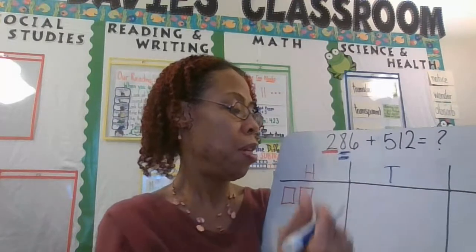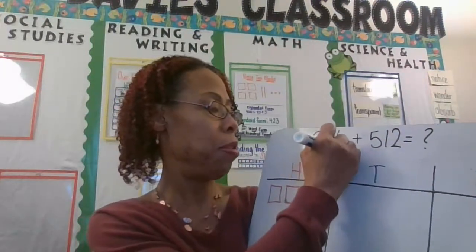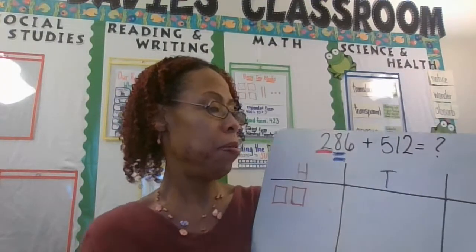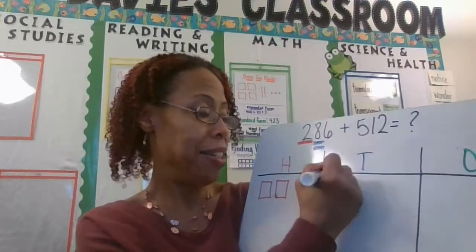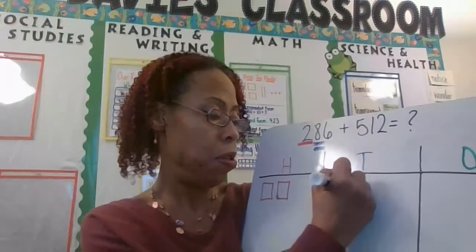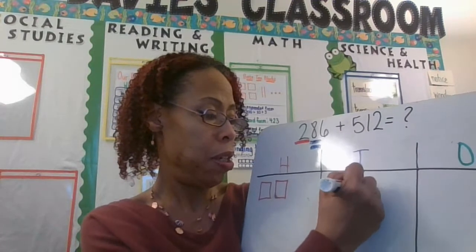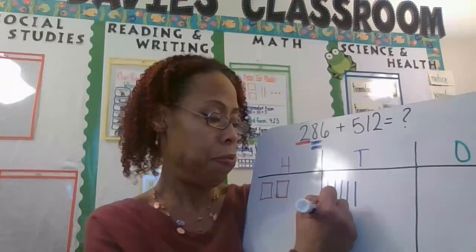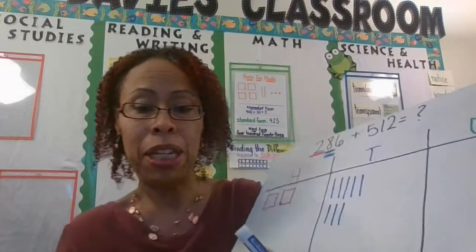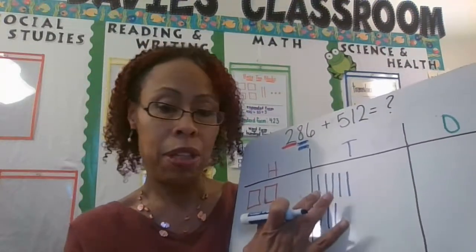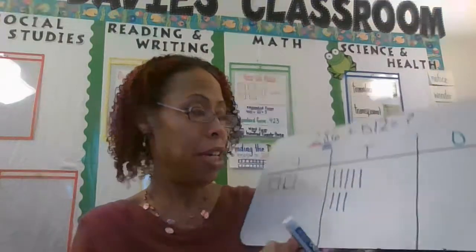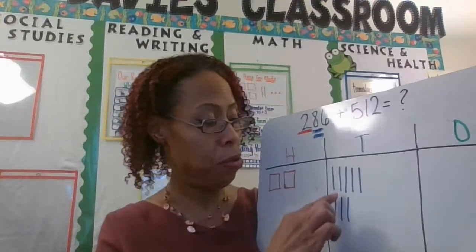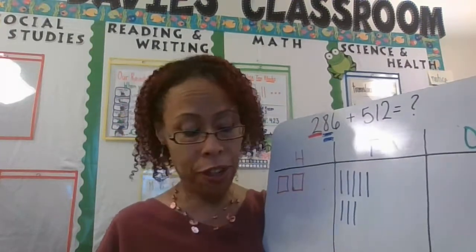All right, my blue seems to be drying out, but we'll fix that a little bit. So we have 8 tens to draw. So 1, 2, 3, 4, 5, 6, 7, 8. I'm thinking for a second because usually I make sure that there are only 5 in a section, and that will help when we get ready to bundle. So let's continue that pattern. All right, so we drew 8 rods. And then finally,